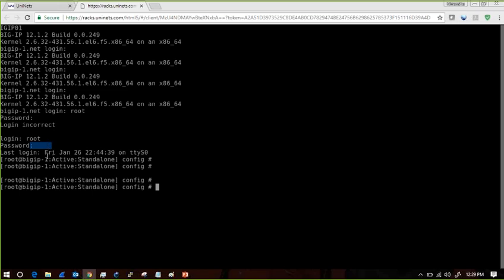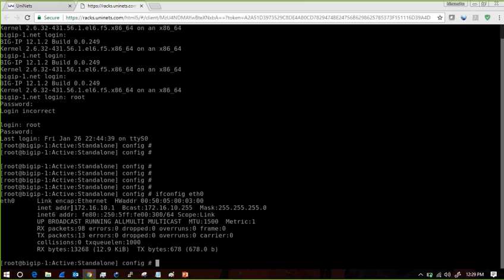Okay, you got it, guys? So first of all, you will check the config for Ethernet 0. This is the management IP address that I have given. This is not the default IP that comes with the box. The default management IP of the interface is